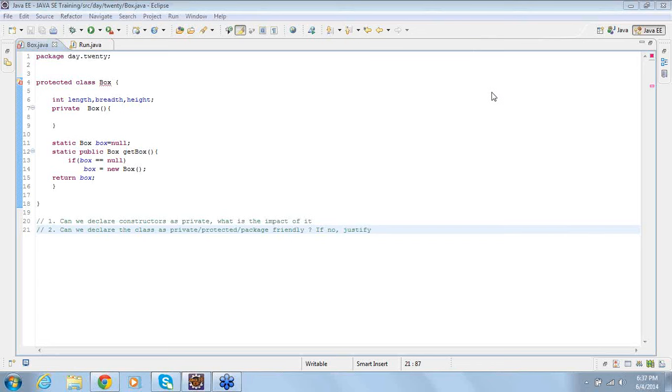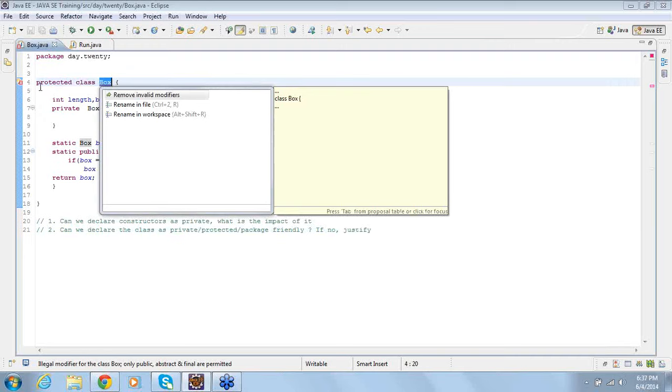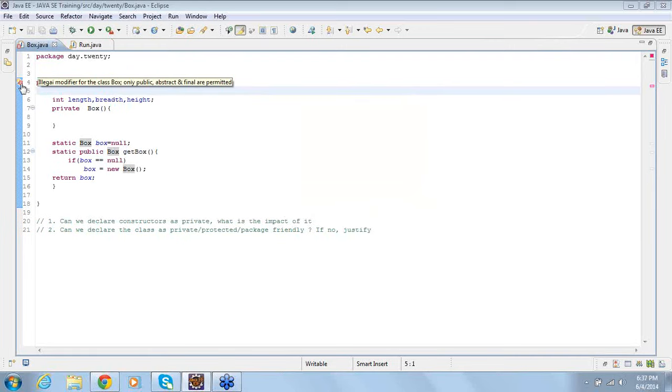No, because JVM cannot access it. Yeah. Okay. So let's see what all the problems we have. See, if I use protected, then it gives me a compile time error. As it was suggested that you cannot access it, that is correct too. When you take the mouse over, it says invalid modifier protected for class. So for the class, what all the modifiers are permitted? Public, abstract, final are permitted. What about static? Static is also not permitted.